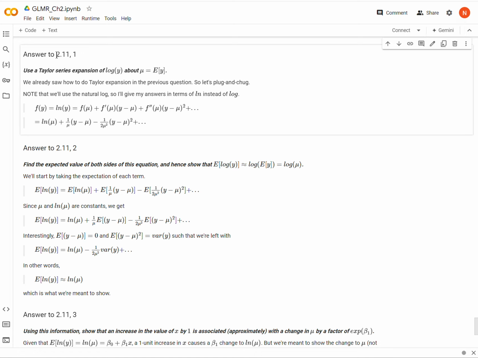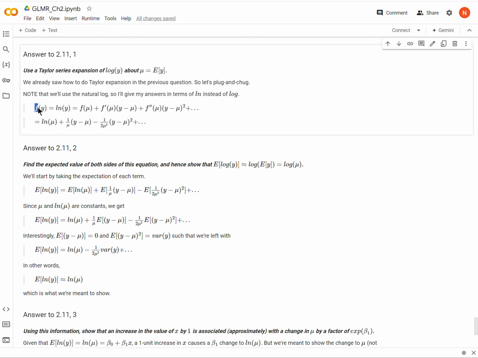Okay. So now in the previous question, question 2.10, so you can go back and look at that if you want, we looked at how to do Taylor series expansions, and so I'm just going to plug and chug here. When I give my answers, I'm giving answers obviously in the natural log, which is what this book is assuming, but just to make that explicit, I will usually use ln instead of log. So anyway, our Taylor series expansion around the expected value of y being mu would look more or less like this, this top line, right,